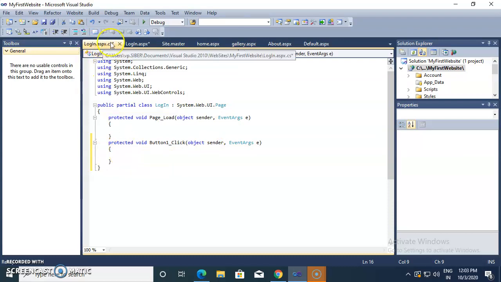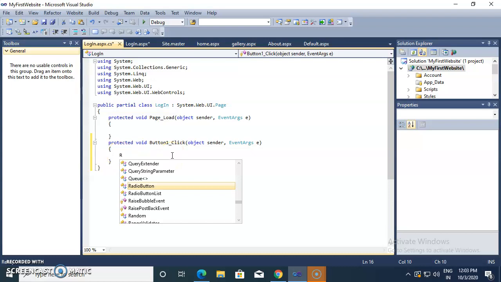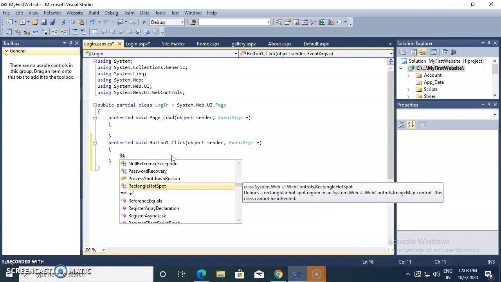See what the page name is here, login.aspx.cs. .cs means C#. So we can code here by using the C# language, and whatever we type here runs at the button click event.